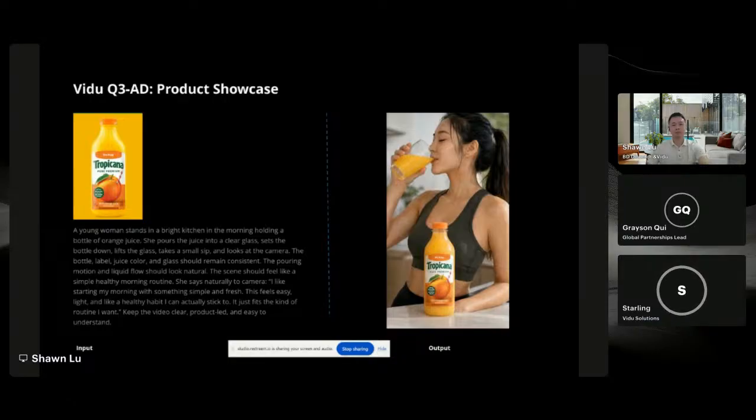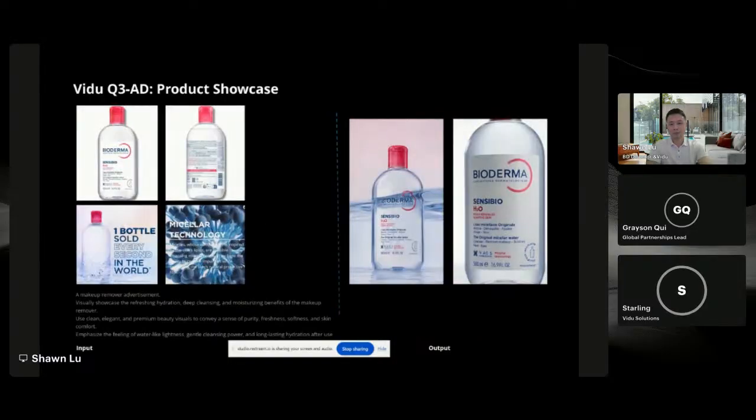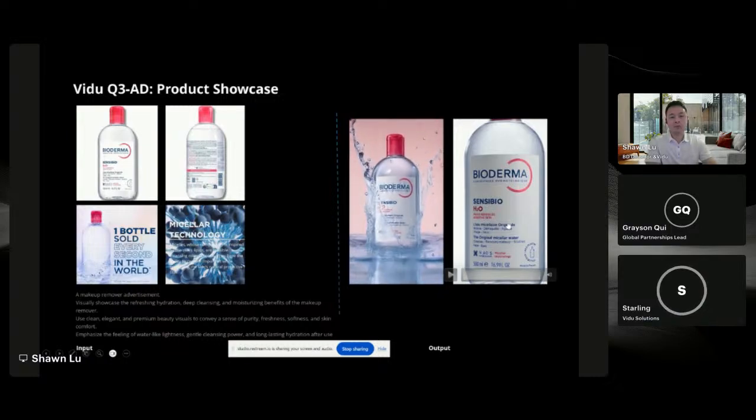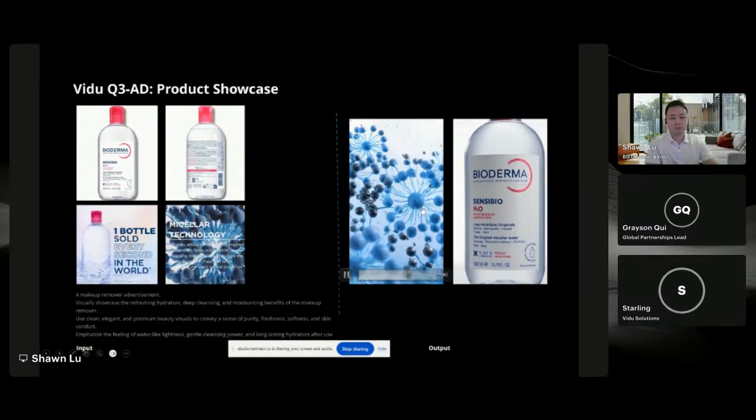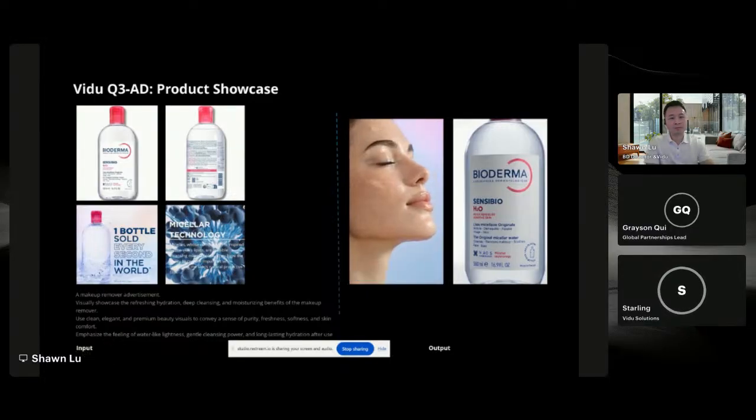The next slide is about when you have more images, for example a makeup remover. Maybe you have more images which are posters from the retailer or the brand, and our model will understand how to use these images organically and make a storytelling.